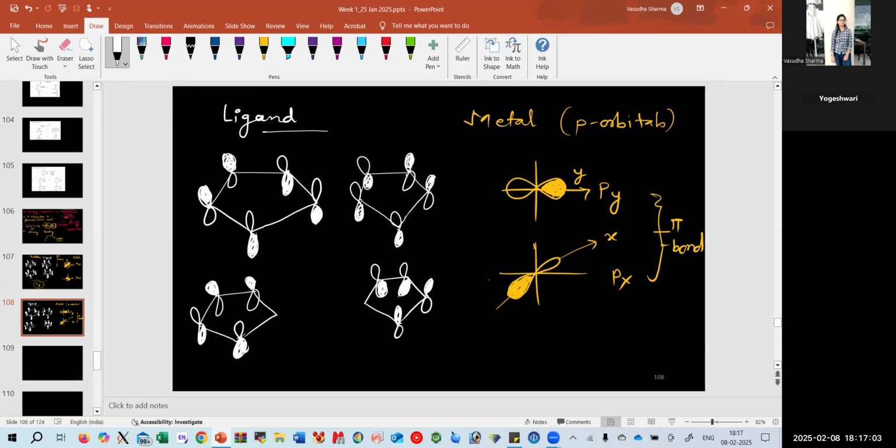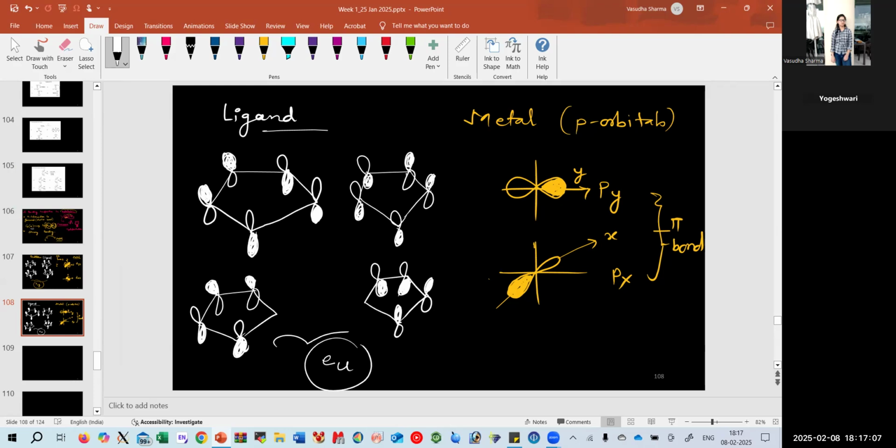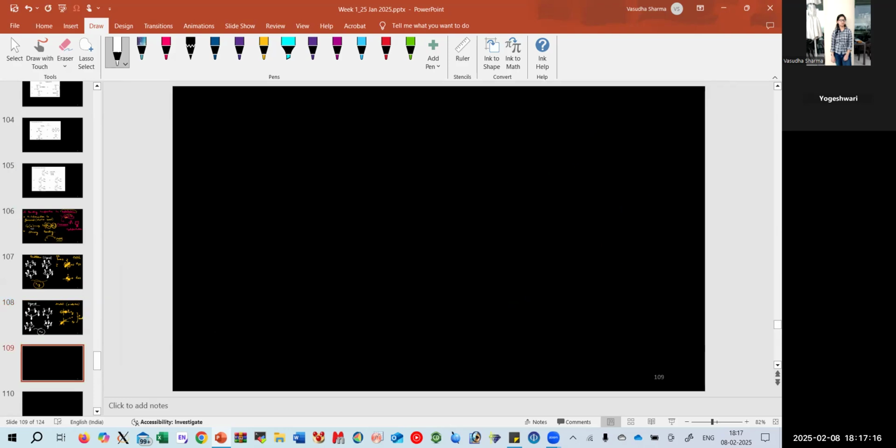bond with py and px, and these are called EU. Once they make it, there is no inversion center. That's why the notation is EU, whereas the other one was E1G. So that is it. Now, after the pi bond, we have another thing which is called the sigma